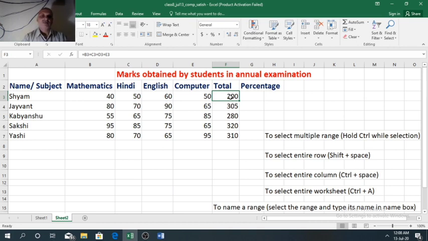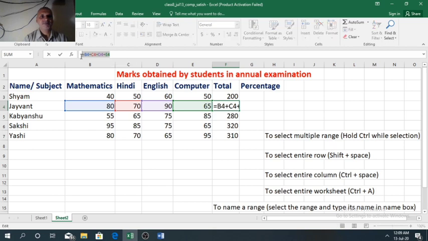When you move your cursor to the next cell, now see what change is there in the formula bar. B, C, D, E. Column name is same, but the row number is different. In the previous case, it was B3, C3, D3 and E3. But for this particular cell, the row number is changed, that is 3 is replaced with 4.